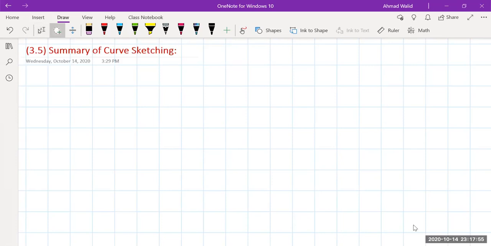Now, let's discuss a little bit. I'll give you the steps. There are 8 or 9 steps that you have to follow to finally sketch a curve. In your book, it shows as step A, step B, step C. And a step A,